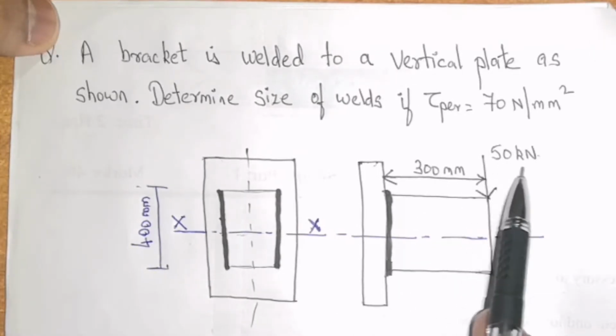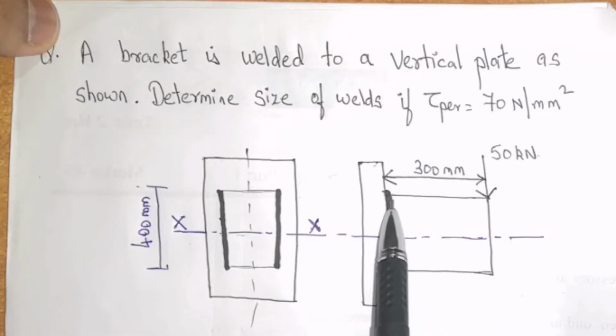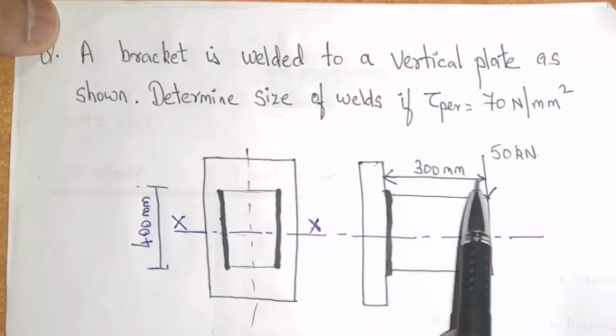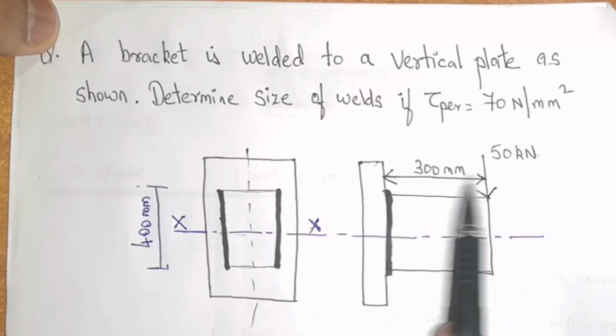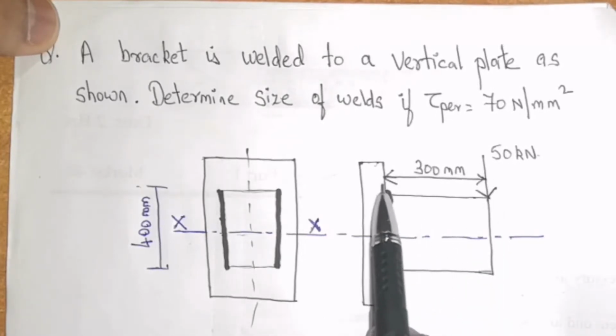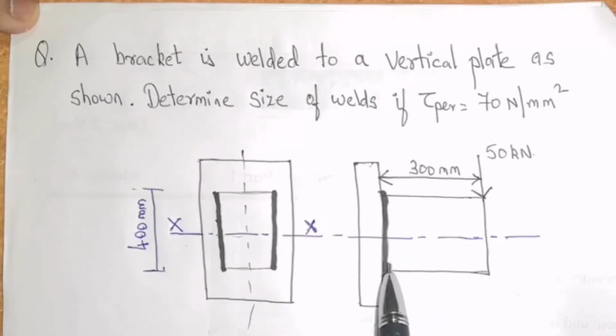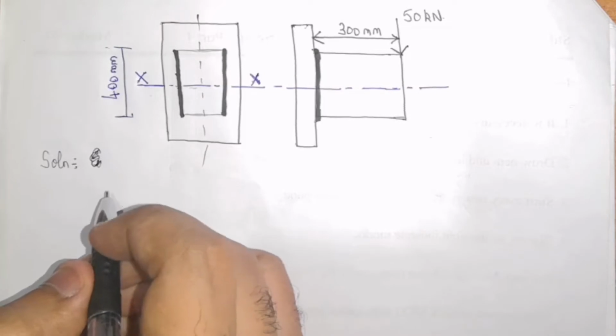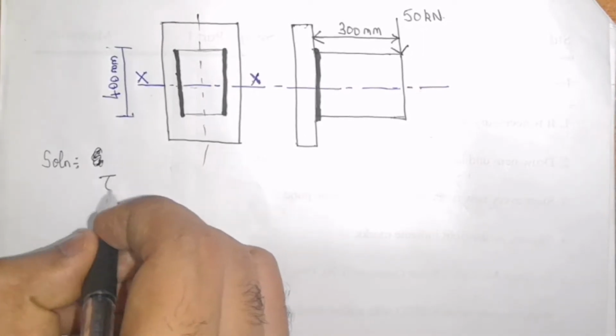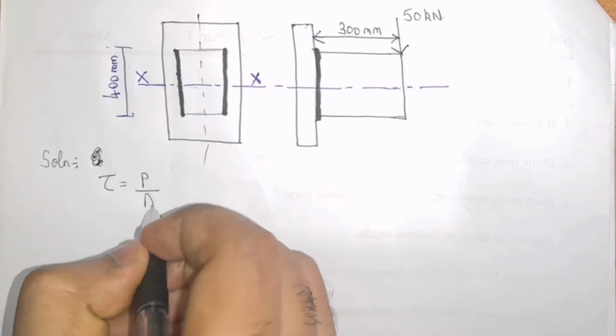Due to this loading of 50 kN, this weld will be subjected to shear. Also, as the load is eccentric from the weld by 300 mm, this will also induce bending stresses on the weld, as we have also seen in the previous cases. Hence, the total or resultant stress acting on this weld will be a combination of shear stress as well as bending stress. Taking into account the shear stress, I will get stress is equal to P by A,